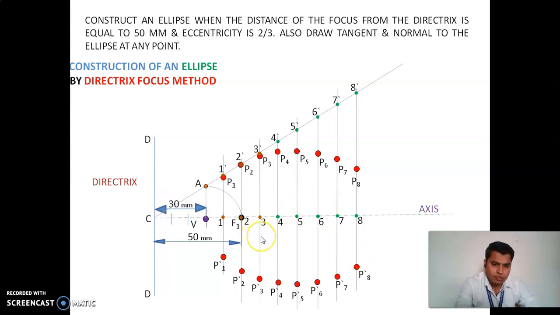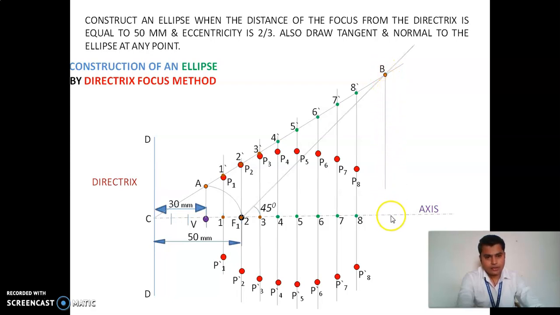What about the second vertex? So let us see. From point F1 draw an inclined line with an inclination of 45 degrees with the horizontal, from F1, I am telling you, and extend it. That will intersect the extension of the CA line that we have previously drawn. So here you get one more point, say suppose point B. From that point draw a vertical line that will intersect the axis somewhere, and that is nothing but V dash.